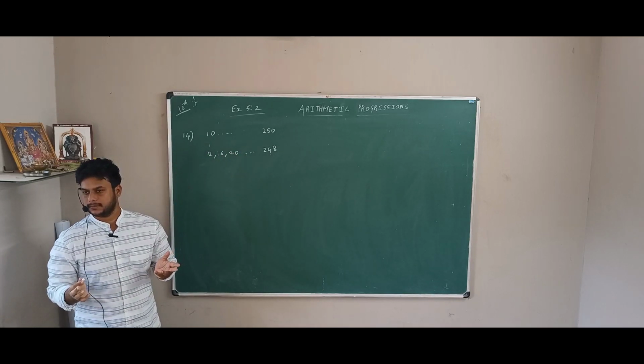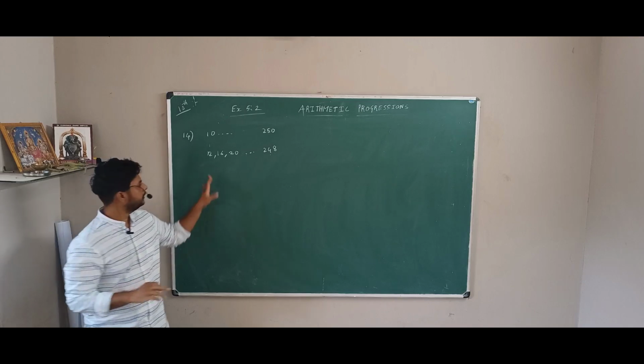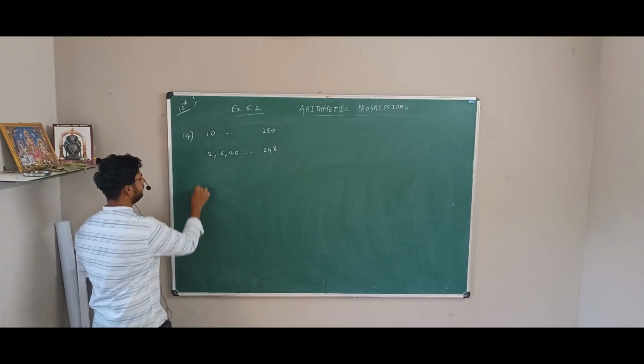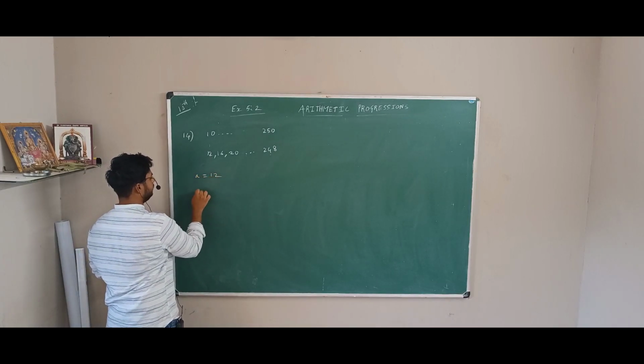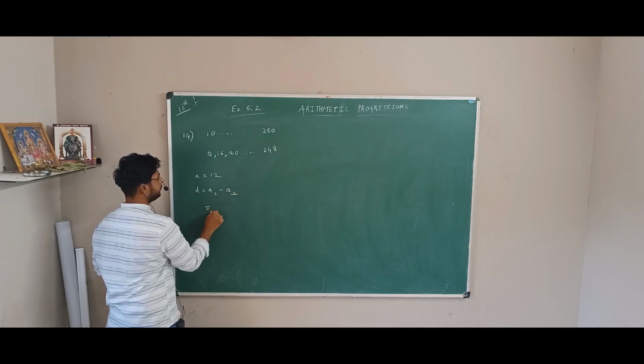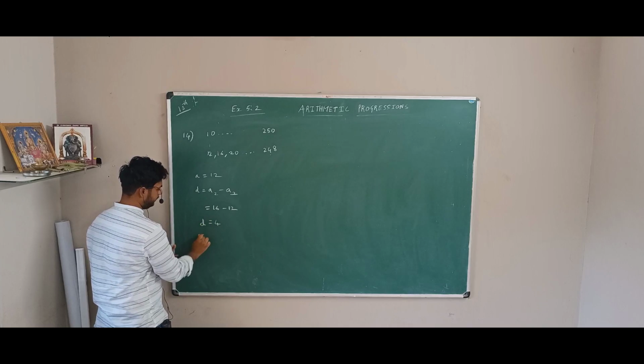Now what should I find? n, I should find. How many numbers are there in total from here to here? Easy. Same again. a is equal to 12. d is equal to a2 minus a1, that is equal to how much? 16 minus 12, 4 is my d. Next, an is